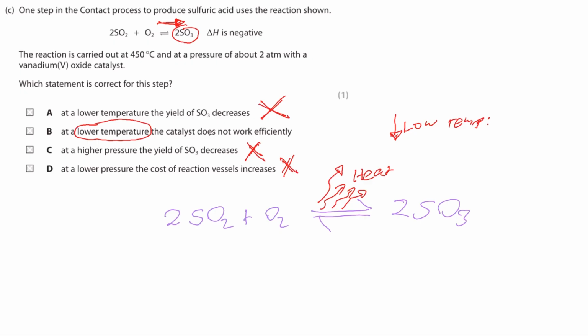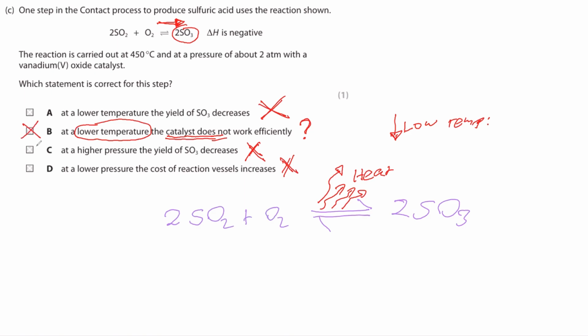At low temperature, the catalyst does not work efficiently. Catalyst has nothing to do with the equilibrium. It only works on the rate of the reaction. We learned that catalyst is one factor that affects the rate of the reaction. So at lower temperature, the catalyst does not work efficiently, which is a question mark. Yes, that's the truth. It does not work efficiently. That's why our answer for question number